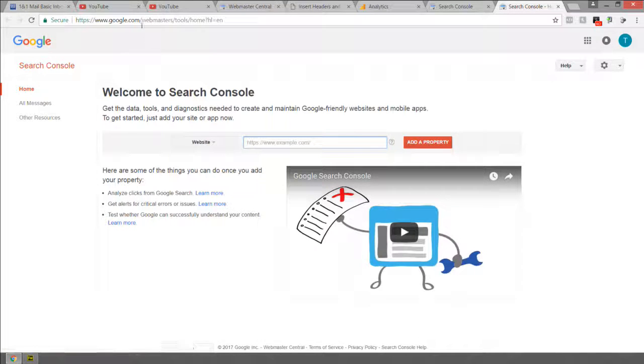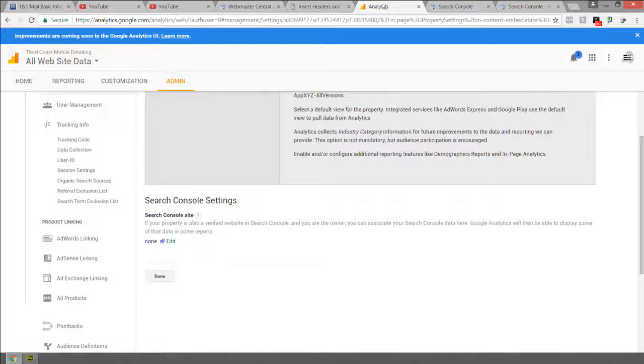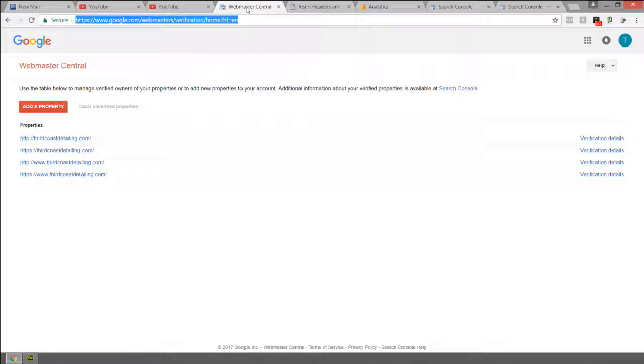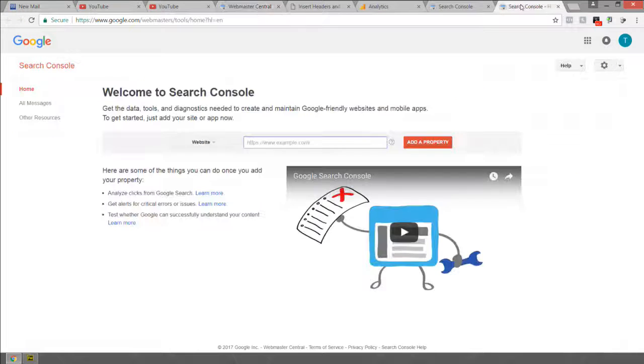So now we're over on the Google Webmasters tools. We need to go and add those properties, the same properties that we added over in our Webmaster Central over here. So I'm going to click on Webmaster Central. We've got these properties added in the Webmaster Central. We need to go and add those in Search Console now. So sure, it might be a little bit of a painful process at first, but once you get it done,